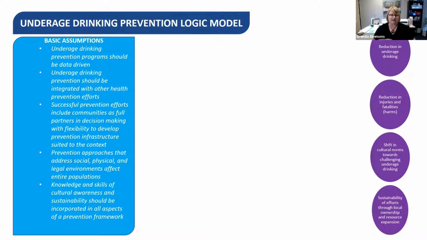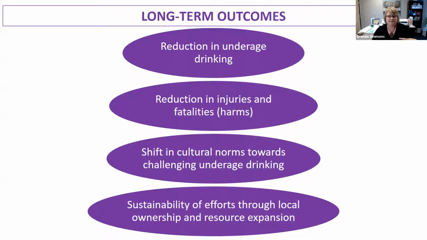Actually, I'm going to back up for a second. What I want to say here is a lot of times we put arbitrary numbers in logic models, like reduce underage drinking by 2%. It's a guess of what kind of impact we think we can have. And I think it's really hard to judge that. We know we want a reduction, and we know we want to measure that in a multitude of ways, but the arbitrary numbers aren't always helpful.